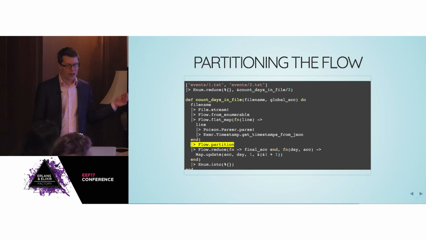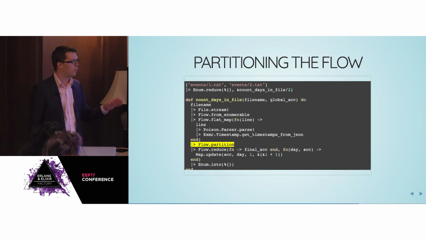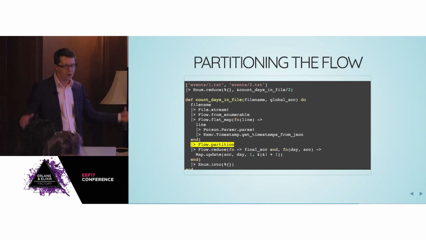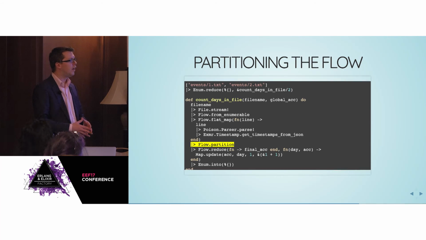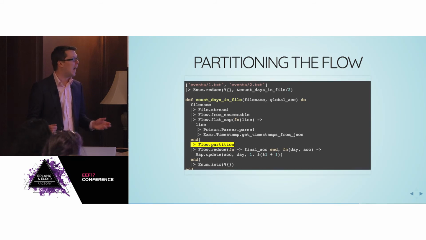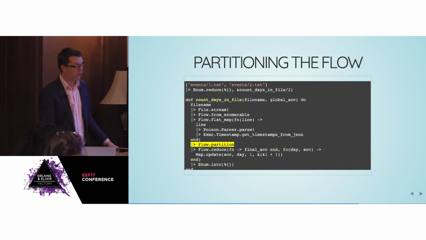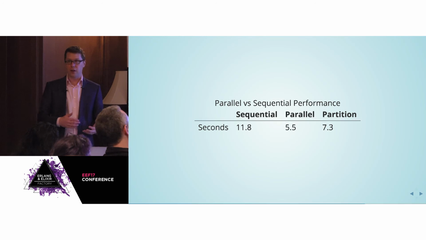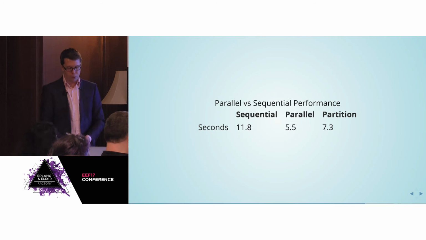And the key was that I had missed one line from the documentation, which was to partition the flow. What that's going to do is set up new stages for reduction and manage bringing all of the state back together at the end. But flow partition is where Flow turns from being a super cool, easy to use alternative to Stream to a John Steinbeck novel of documentation. It's amazing the thought that's gone into it, but there is a lot to digest there. And using partition made the data correct again, but we lost a little bit of performance with that.